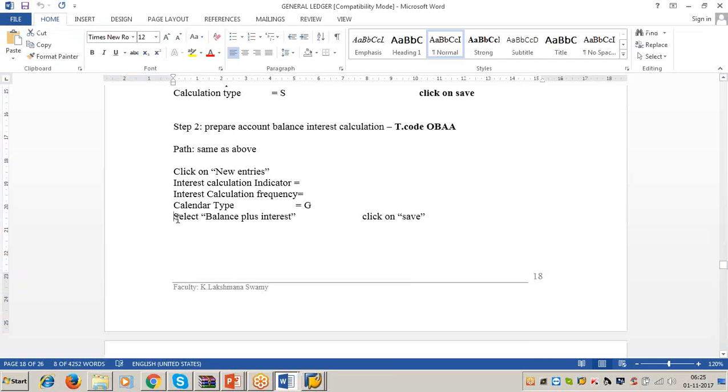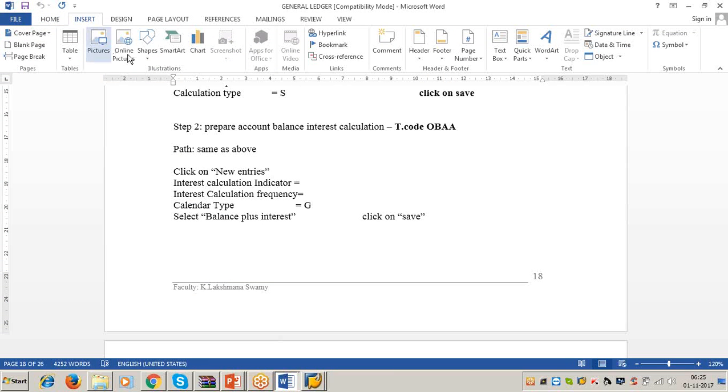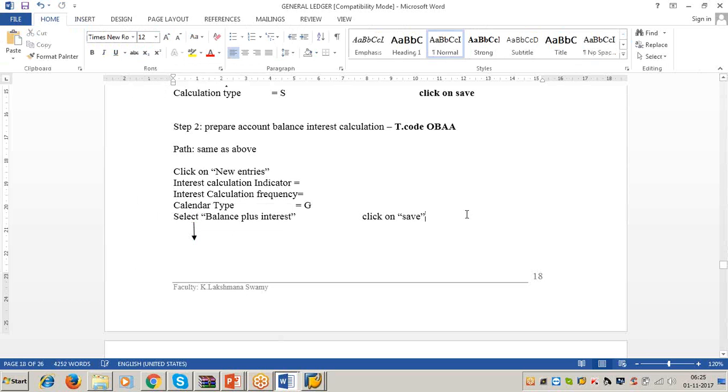Here you have select balance plus interest, right? Here itself, please write down. You put one arrow mark here like this. Then you write down like that. By selecting this indicator,